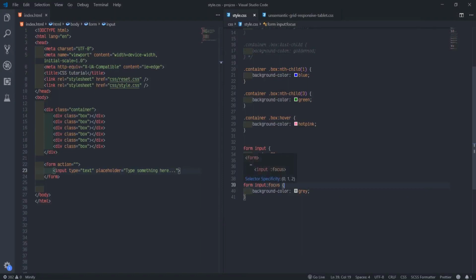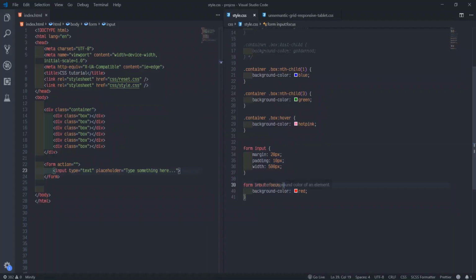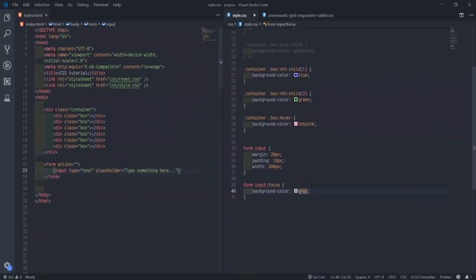Look, form input. Come put red first. Red works. Why is the gray not going to work now? It works. Maybe I need to refresh. Maybe I did not refresh something.